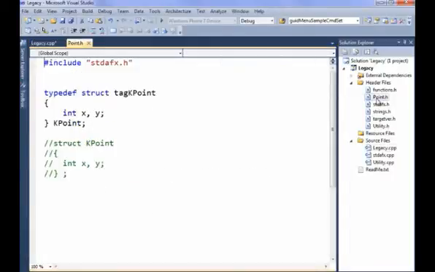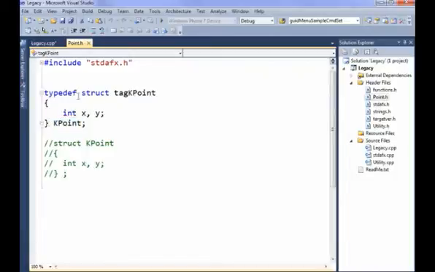I have a header file here called point, in which I do this struct thing. This was really common in the old days. Typedef struct, and then you had to give it a different name, and there was a very common pattern to put the word tag in there. So typedef struct tag kpoint, and my struct has an integer x and an integer y, and then this is what the typedef has been defined to be.